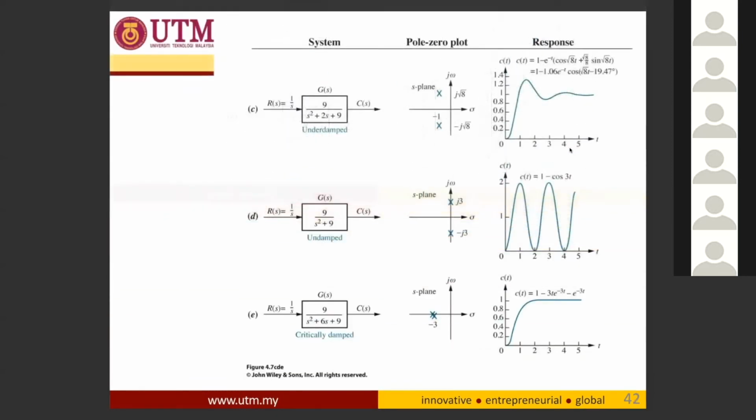And the third one is undamped. Okay, undamped will give you complex poles, plus minus j3. Plus minus j3, complex poles. There is no real part because the real part is 0. So plus minus j3 and the response is